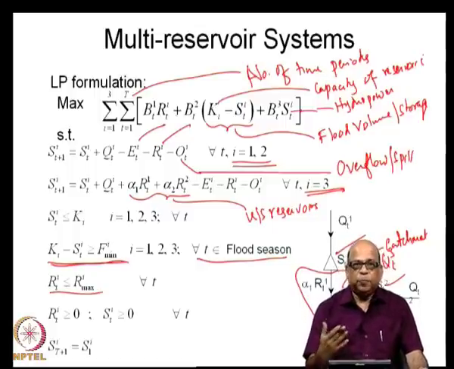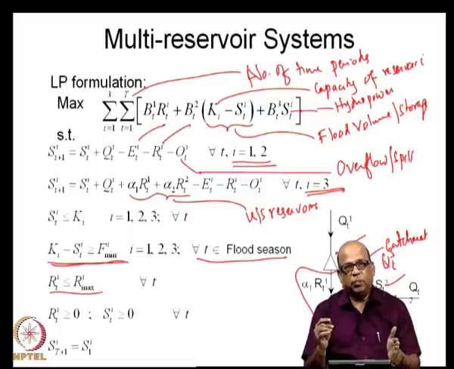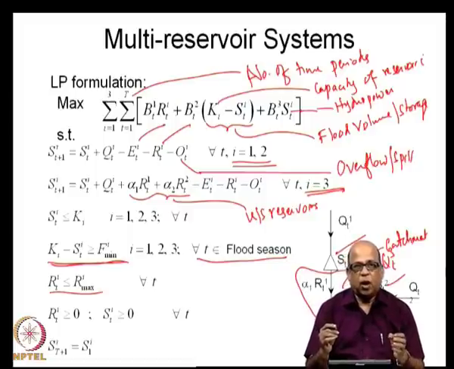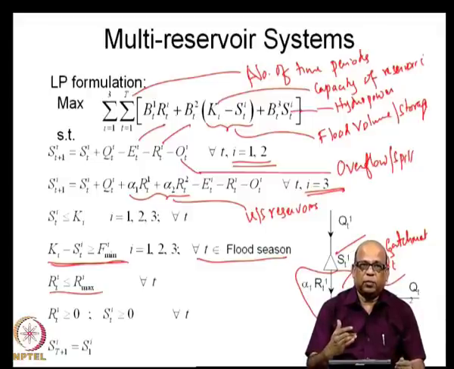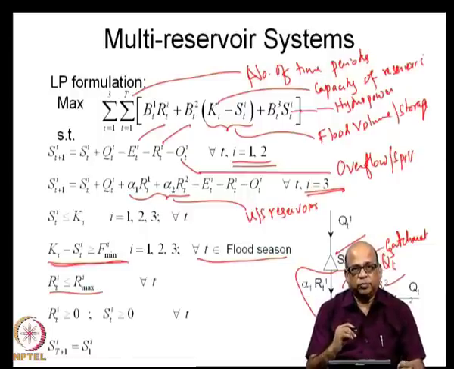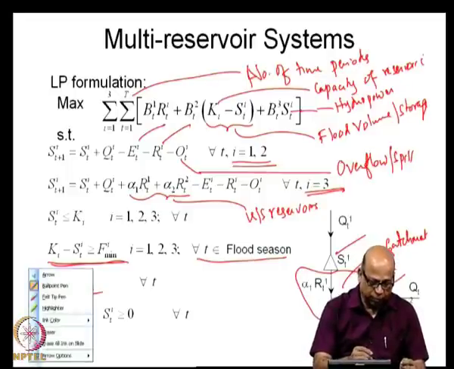When you solve this, you are leaving the boundary conditions open, in the sense that you are not specifying the storage either at the beginning of the time period at any of these reservoirs, or at the end of the year at any of these reservoirs. Leaving everything free, you are looking for the optimal combinations of the storages at each of these reservoirs as well as the releases, and that is what you would get when you solve this example.